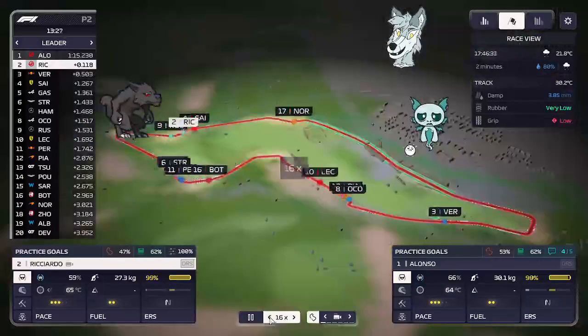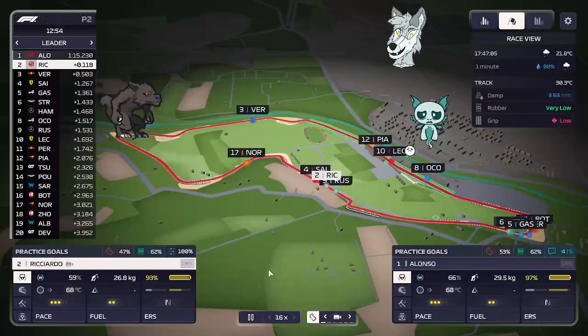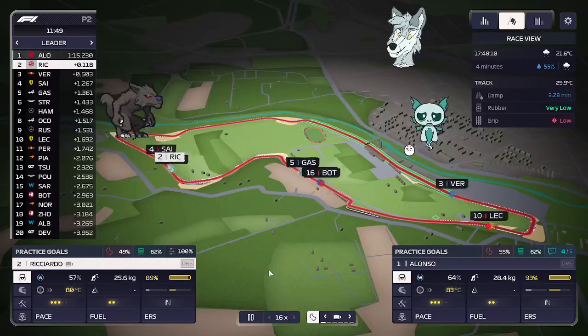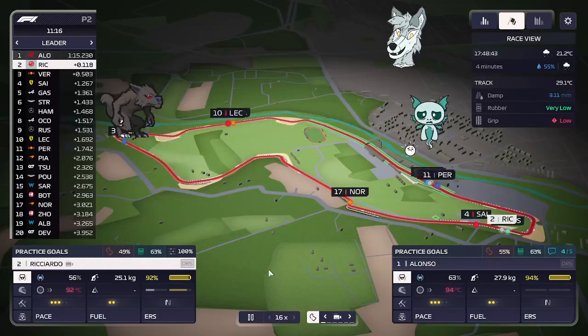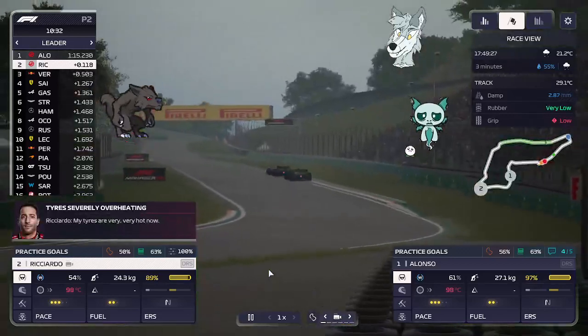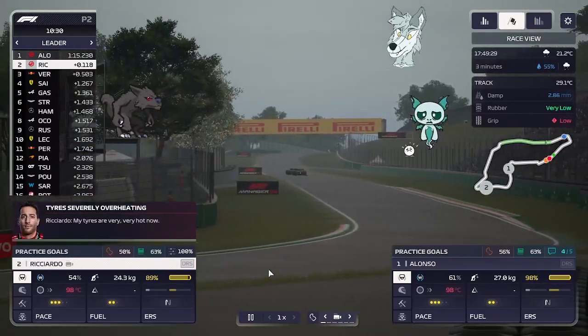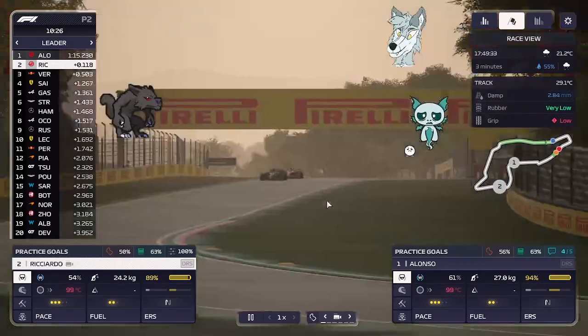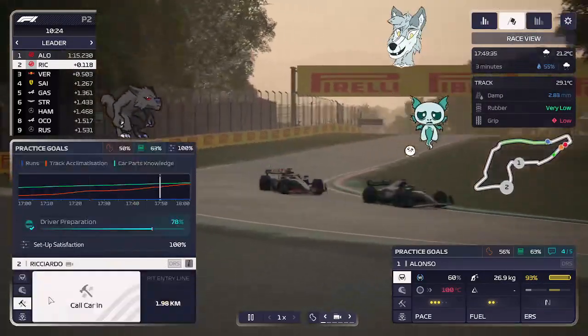Okay. Good to know, because that sprint race really tosses a wrench on that one. Oh crap. I should pay attention to rain. It's already